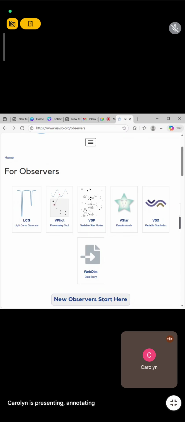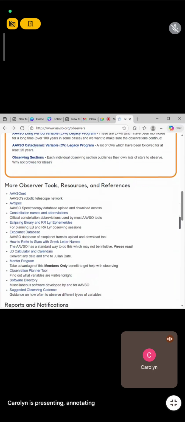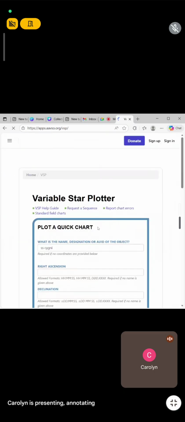Now today, there are other options as well. There is variable star index, data analysis, data entry, photometry tool, etc. You can even have videos on this platform which will guide you through how to use each of these. Today we'll be looking into the variable star plotter, because that is very important. When you observe a star, you need to have a comparison star to help you reference the star